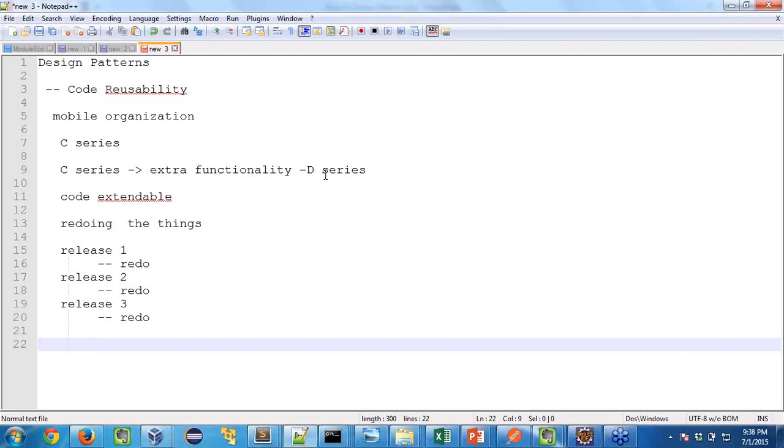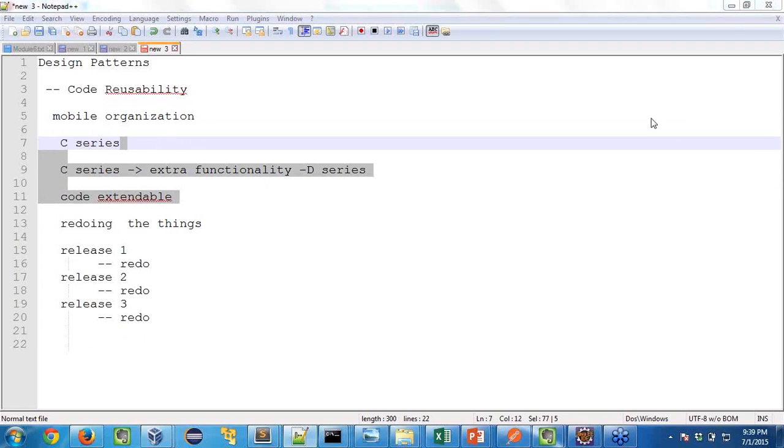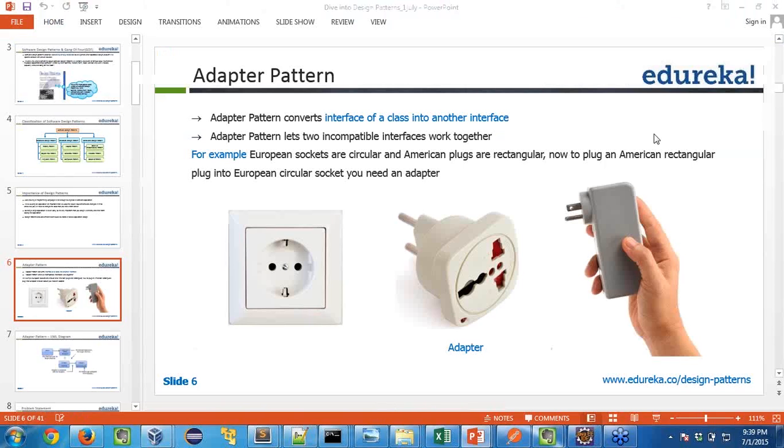And once it is done, the next level of thing we can do is understand the complete sections of the patterns which are provided as part of the course too. So in that order, let's take one pattern at a time. Let me go over one of the patterns. The first pattern which I'm going to discuss is called the adapter pattern,